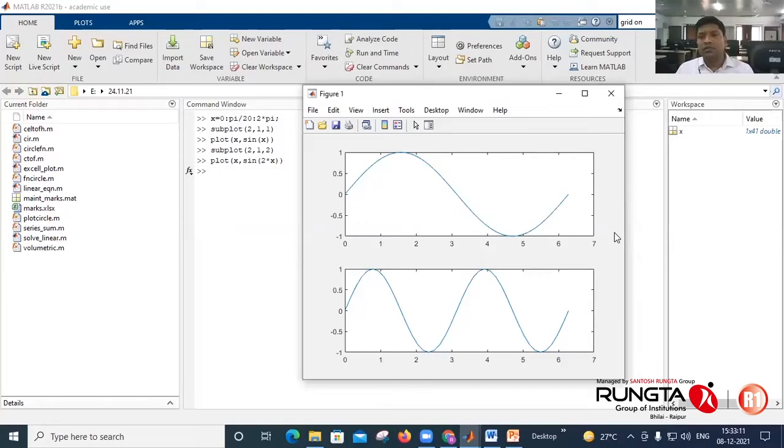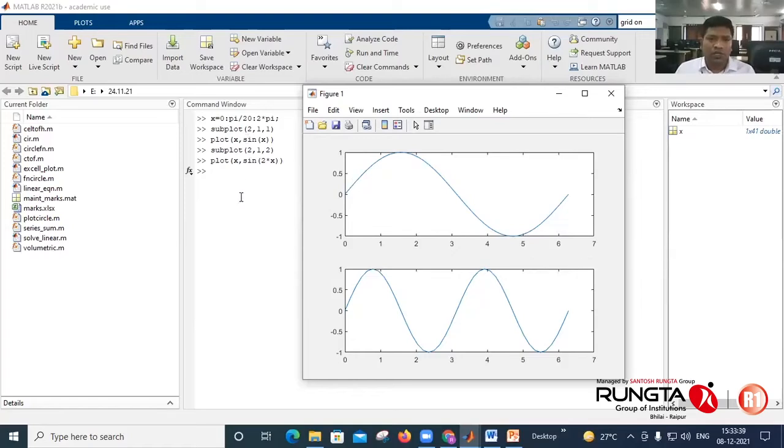So this is the subplot function, which is very important. You can plot 2, 3, 4 or any number of plots on the same graphic window. While plotting, you can specify the attributes of the line: line type, marker style, and the color of the line. This is just an example.